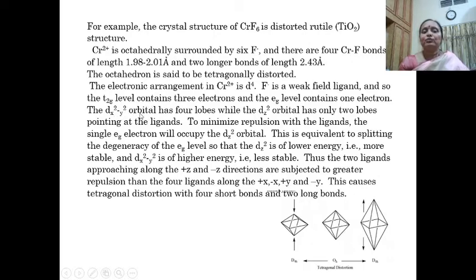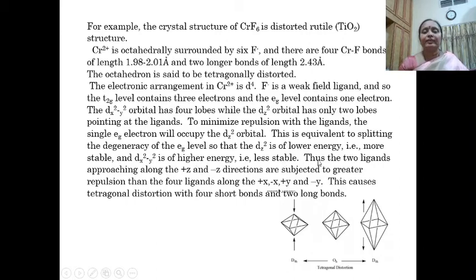The dx square minus y square orbital has 4 lobes, while the dz square has only 2 lobes, pointing at the ligands. To minimize the repulsion with the ligands, the eg electron, because eg has an extra electron, will occupy the dz square. This is equivalent to splitting the degeneracy of the eg level so that dz square is of lower energy, that is, more stable, and